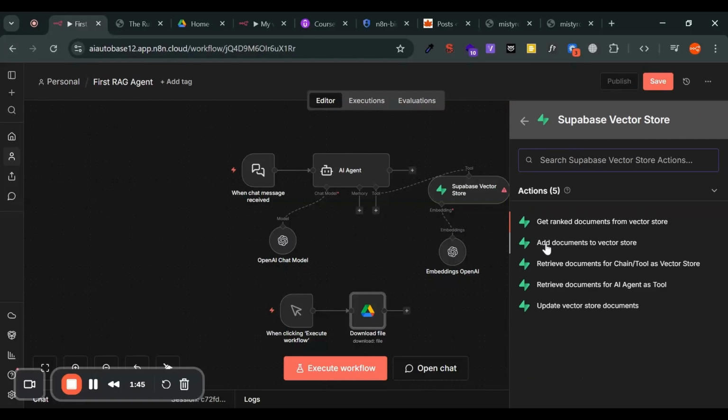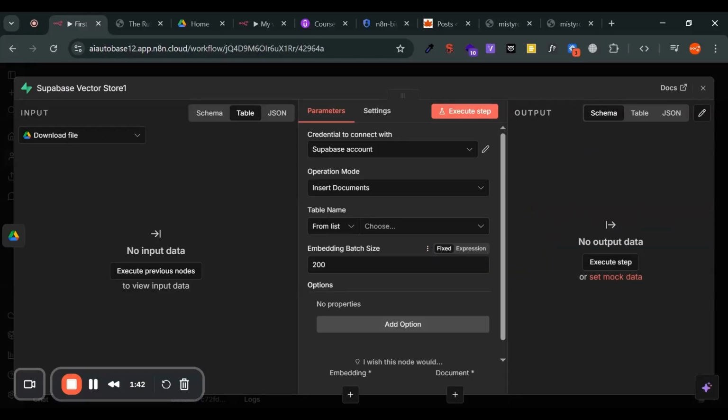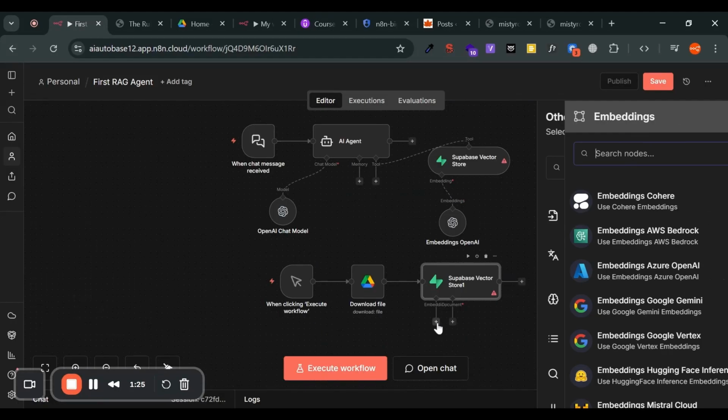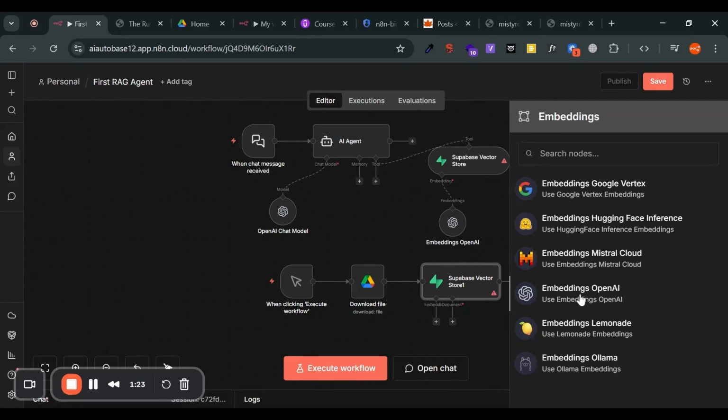Here you have to select add document. Then you have to create your account at Supabase. I have already done that, and you are going to select your project here. My project will be document, and then you have to connect an embedding model. So again, I am using OpenAI embedding model,